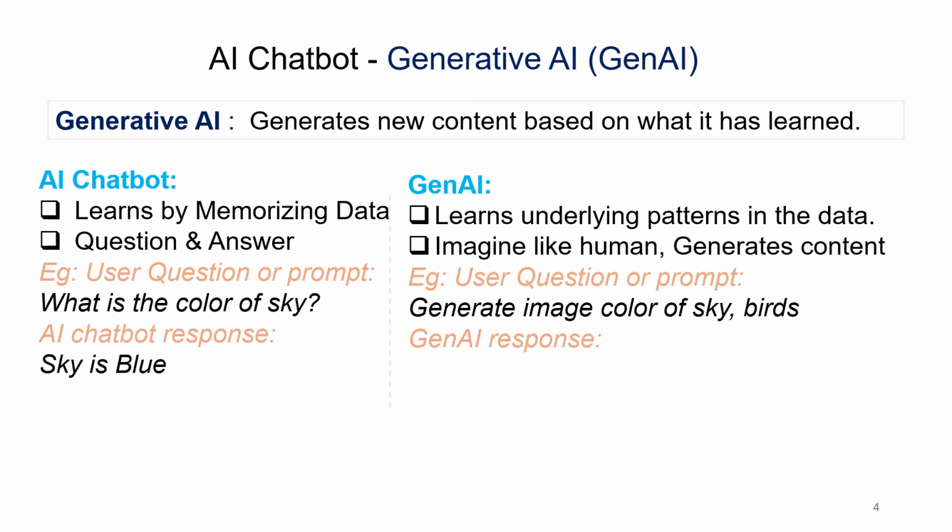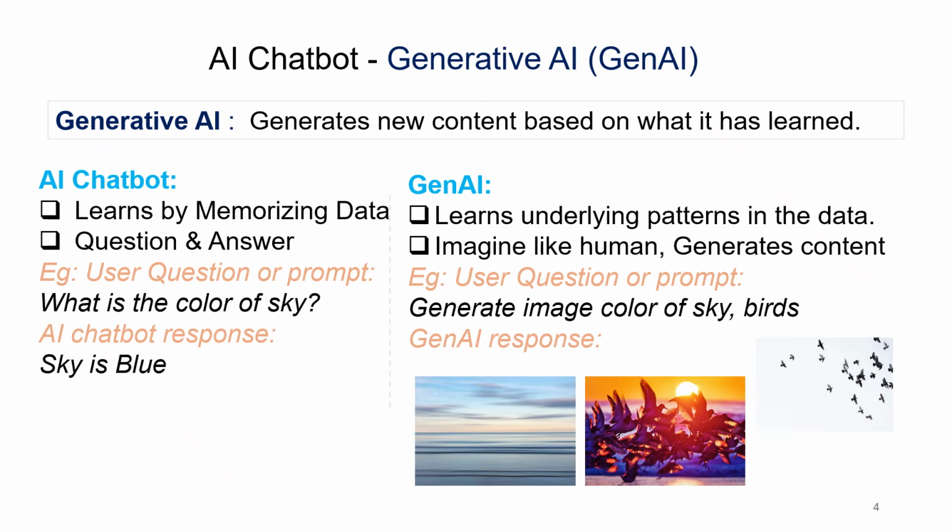If you ask a Gen AI tool to generate an image by input words like sky, sun, birds, then Gen AI can imagine like humans and can generate beautiful images like this in a jiffy, which would otherwise take several minutes for humans to draw manually. Moving on to the next slide,